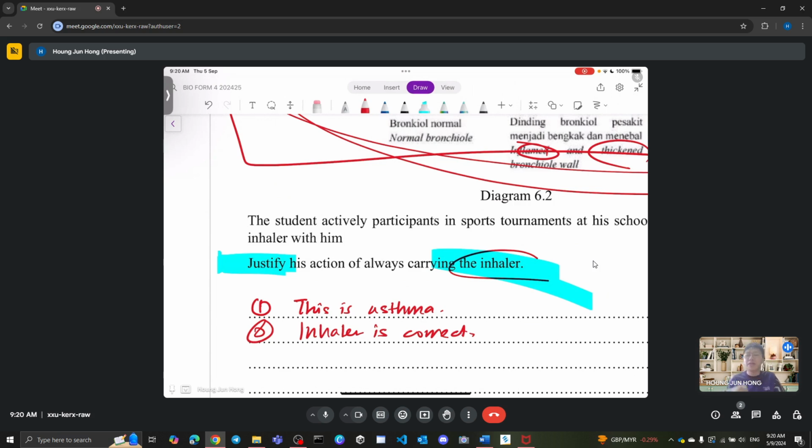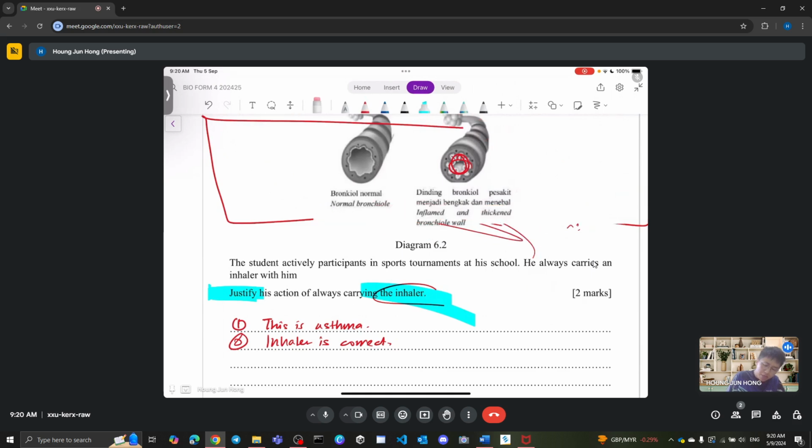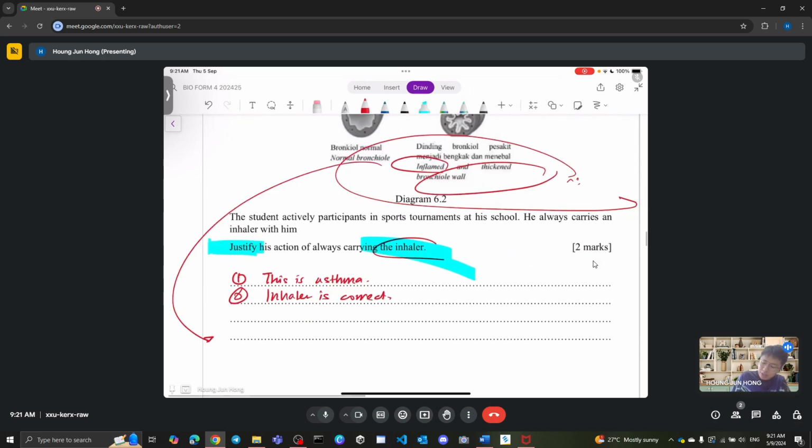Okay, very simple. Every disease has a cause, right? Asthma is caused by inflammation. As you can see over here, inflammation thickened the bronchial wall and everything here. So essentially, whenever we cure something, we cure the cause. Very straightforward. When you can cure the cause, you basically cure the disease. So if you have inflammation, what do I do? I reduce the inflammation.